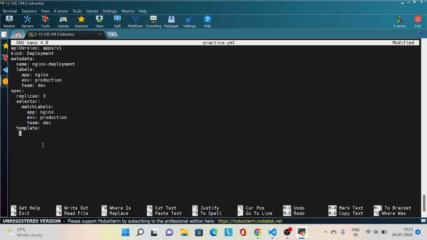So we need labels, right? Here I'll provide my labels as app: nginx, environment: production, team: dev. Okay, I have provided labels. Now in this I will provide spec also. Under template we can also provide spec. This spec is for the deployment and this spec is for pods. In the spec we can provide